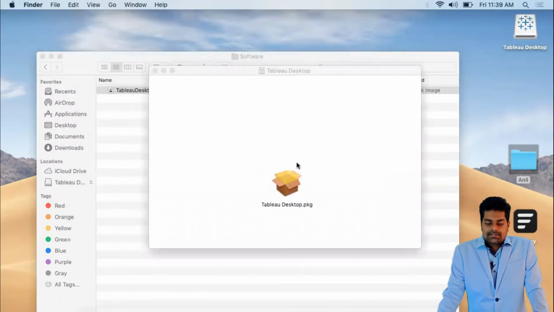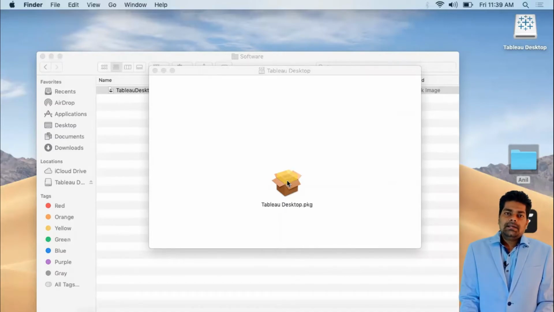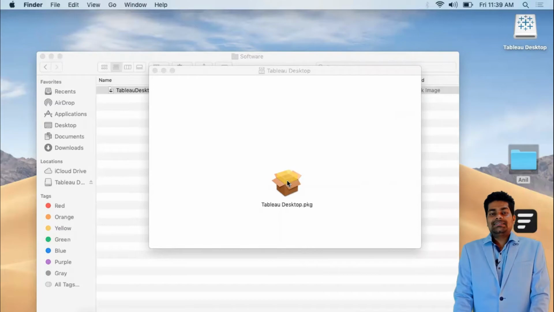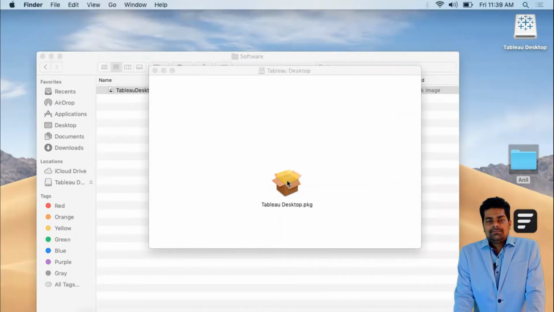Now the Tableau Desktop package has been created by the setup. Then we simply double click on the Tableau Desktop package file. About my Mac, it's a MacBook Pro with an i5 processor and 16 GB RAM, but 8 GB is sufficient.